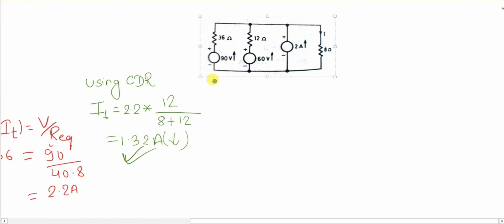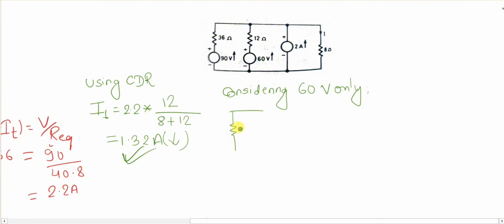60 volt. Okay, now for this question again you will consider 60 volt only. Okay, rest of the sources will be replaced by their internal resistance. So let's draw the circuit. This one will be 36 ohm, and after 36 it's of 12 ohm plus minus 60 volt, and at this position will be short circuiting